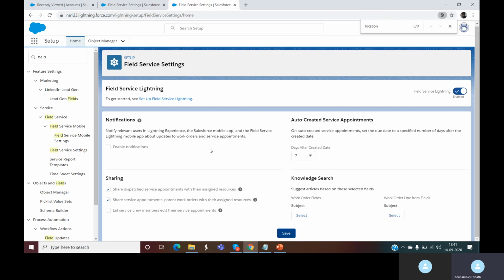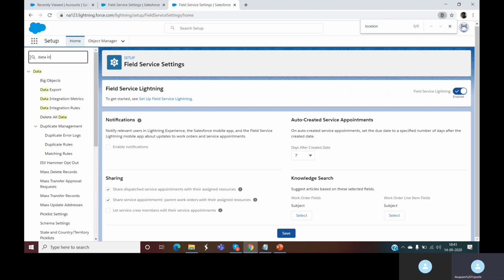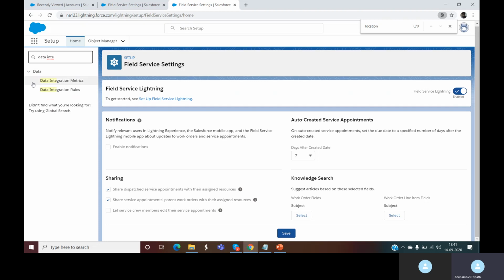If you don't do this, the field service objects will not be automatically updated with the geolocation information. So in that case, you have to go and enter the data integration rules.